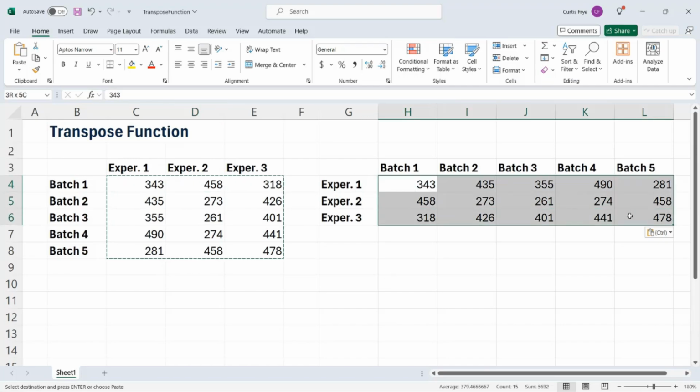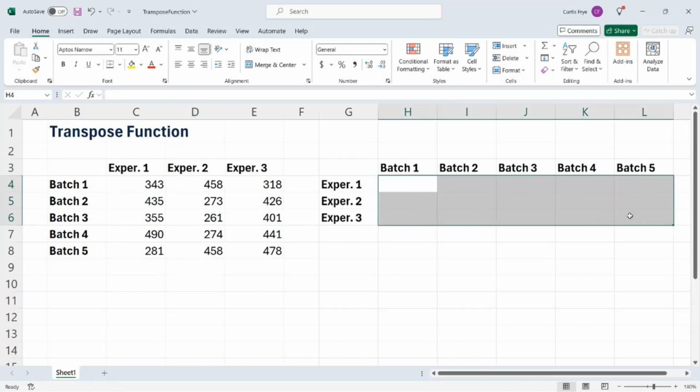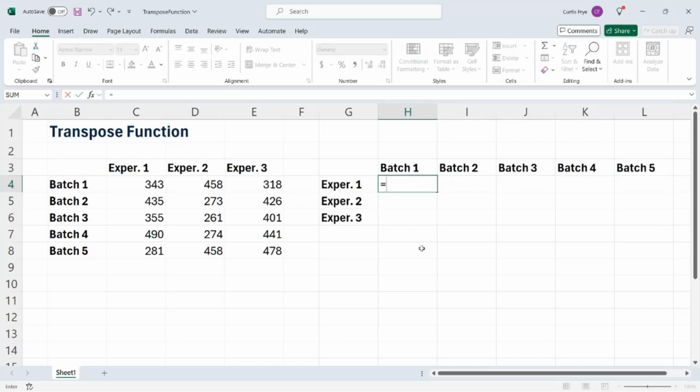So I will delete the data that I transposed pasted over, click in cell H4, type equal, and then I'll type transpose. This converts a vertical range of cells to a horizontal range or vice versa. So there we go. I've typed transpose, and then I'll select the range, which is C4 to E8, right parentheses,